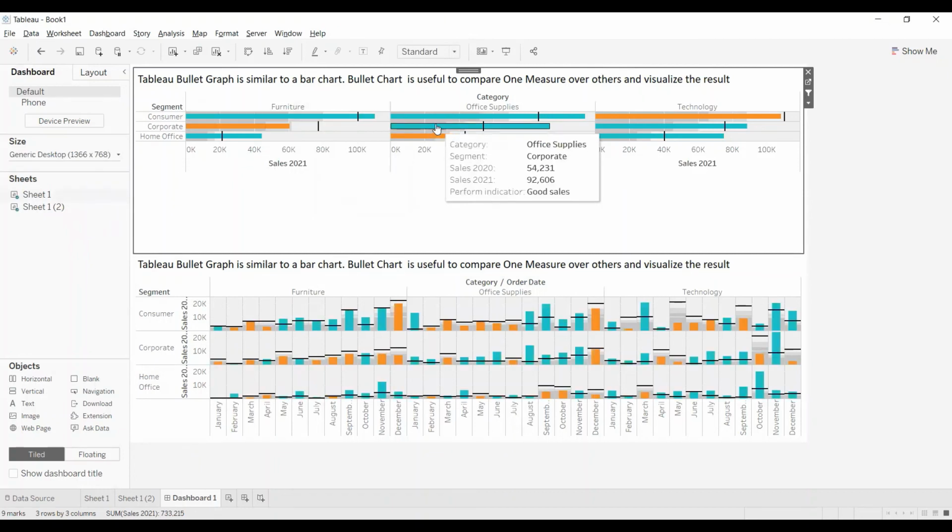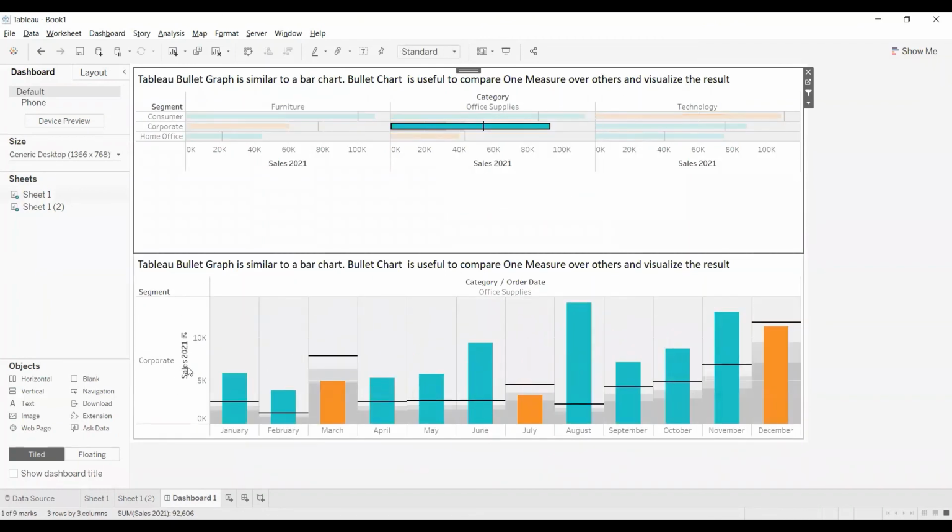If I choose any of these, for example, office supplies, corporate, the respective corporate sales with respect to 2021 is a bar, and this is the 2020 sales. Wherever the blue indication is there, those are good sales. Wherever orange indicates my sales have not exceeded compared to 2020. You can see here for 2020 7,885 and here 4,970.